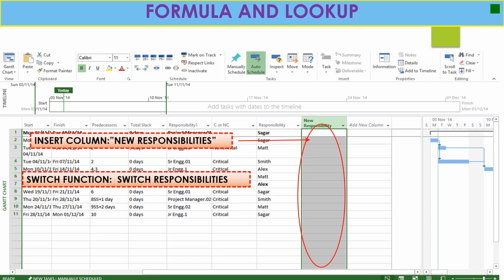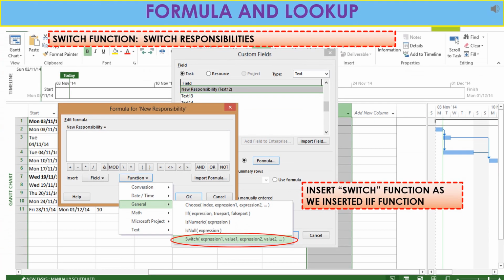Add, insert a new responsibility column. To do the switch function, we have to add a new responsibility column. Now for switch responsibility, go to that new responsibility column, go to formula, then go to function, select General and select the switch expression.